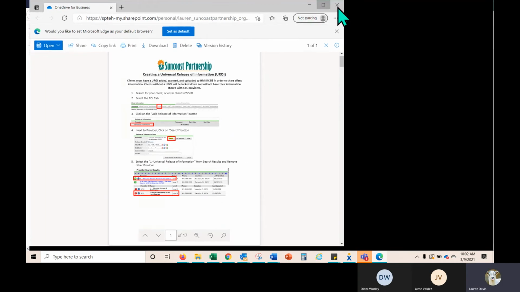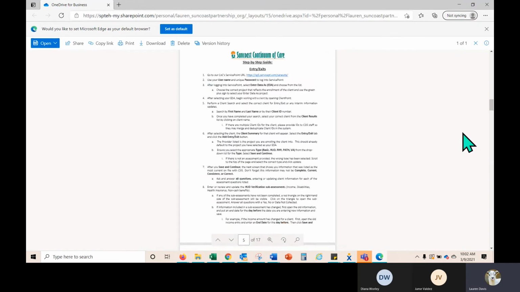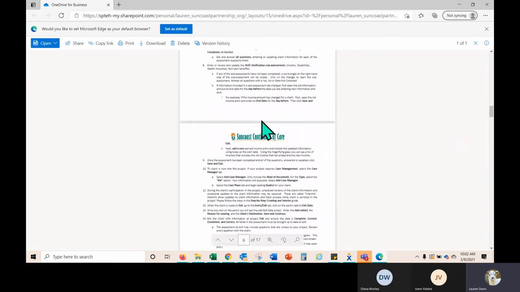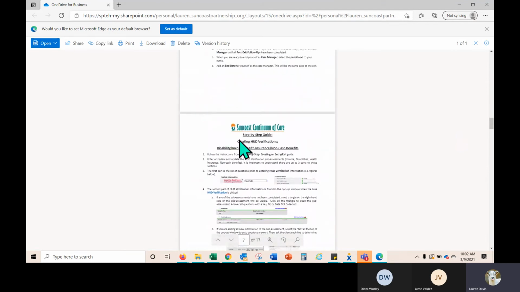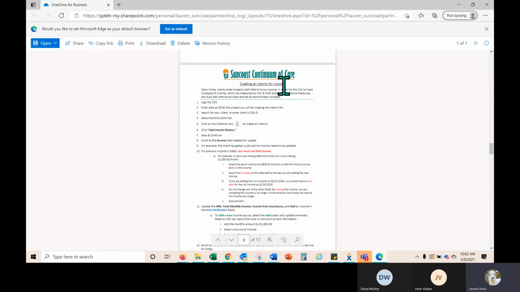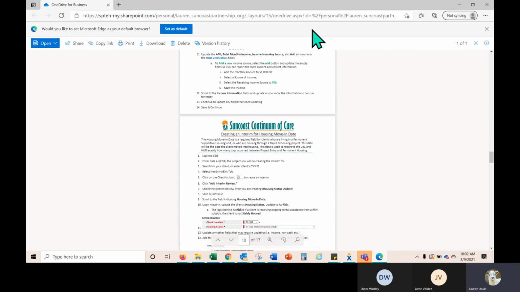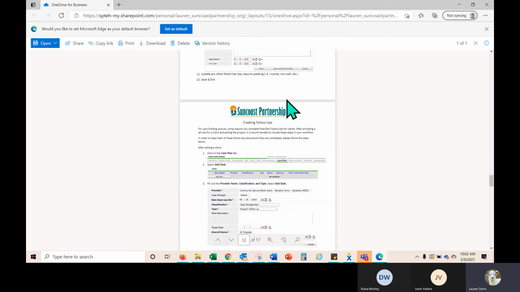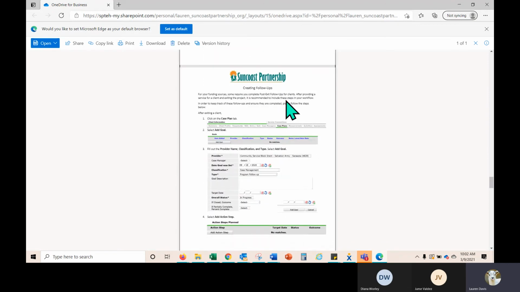So we have our entry exits, our HUD verifications. This is all the disability, income, health insurance, non-cash. Creating an interim. These aren't things that you typically would be using, Diana. Creating follow-ups. So it's page 12 of your step-by-step guides. Let me open this in my PDF.